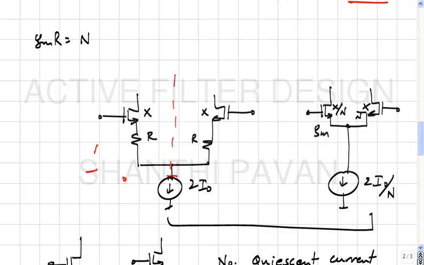Yes. Pardon? I naught here and I naught there because of active. No. Then 2I naught will have to flow through the transistor. I naught from the left side. Yeah, okay. So then what he's arguing is that, okay, instead of putting I naught at the source, you can make it a part of I naught at the source, and in other words, you don't remove this completely, right? You have a part of it and then put two different current sources at the sources. I think I'll continue this in the